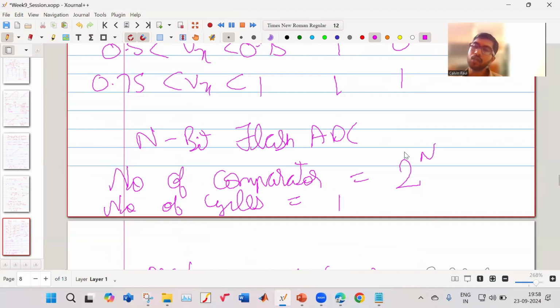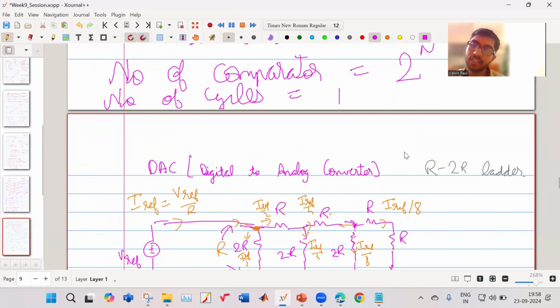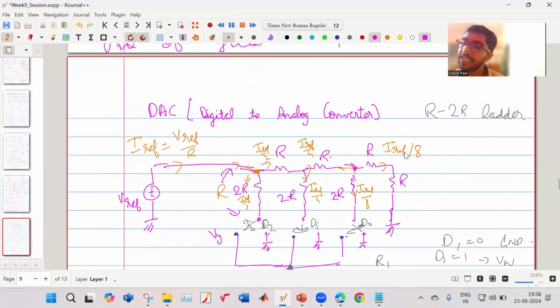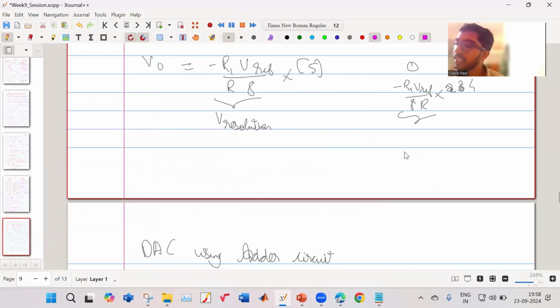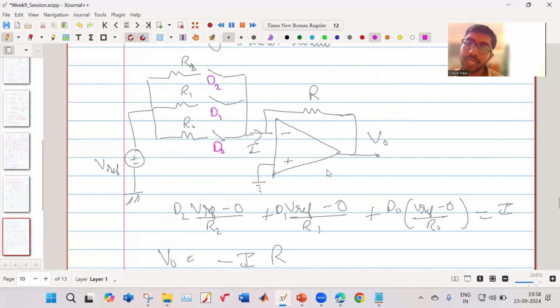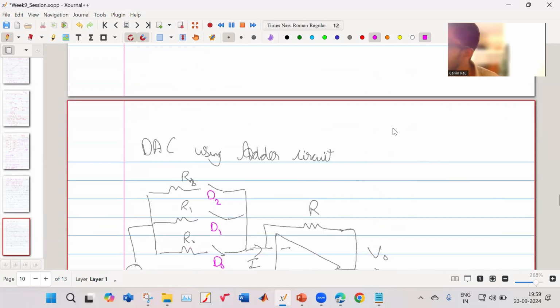Okay, so that is how the industry will design your ADC and DAC. They will use a combination of these two architectures. Then there's a DAC, that is digital to analog converter. So one is the R-2R ladder mechanism which I showed. Next is the adder circuit which I showed. And one thing to note down in DAC is